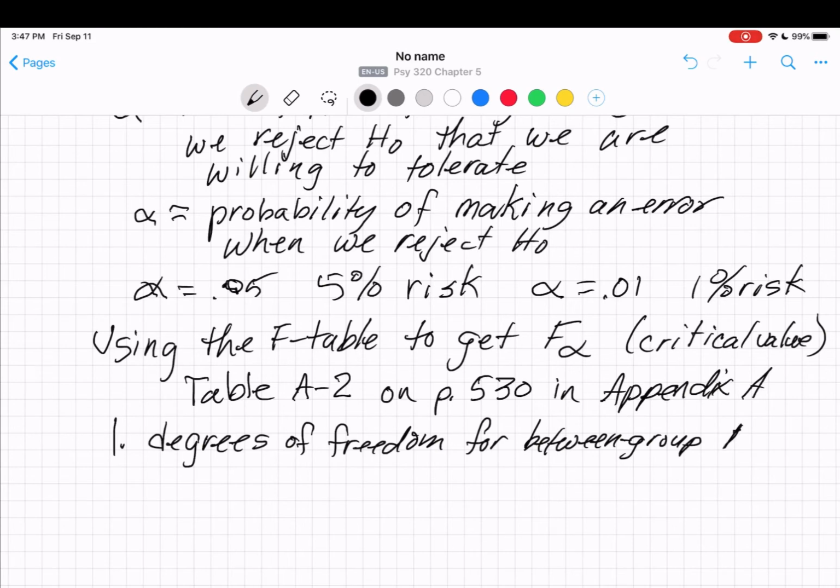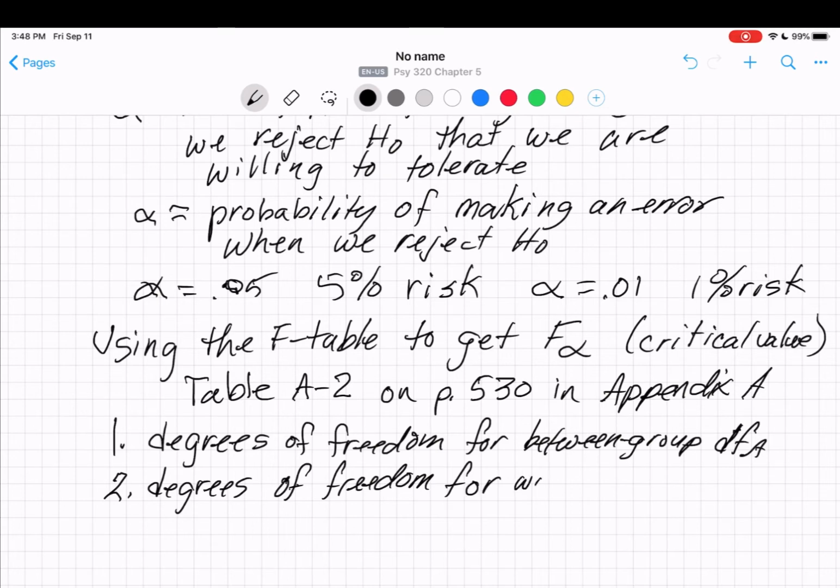This is your degrees of freedom for A. You also need to know your degrees of freedom for within group, which is your degrees of freedom for S over A. And lastly, you need to know your significance level,